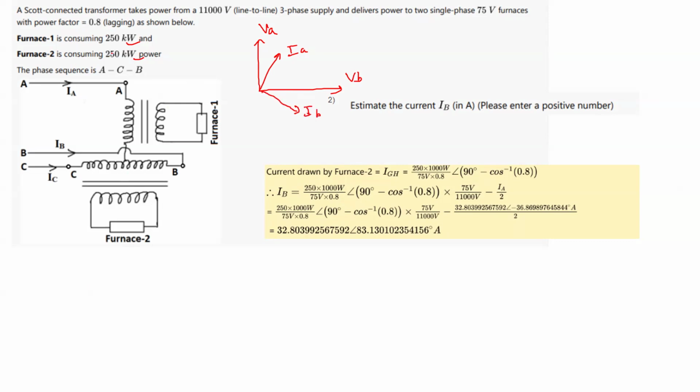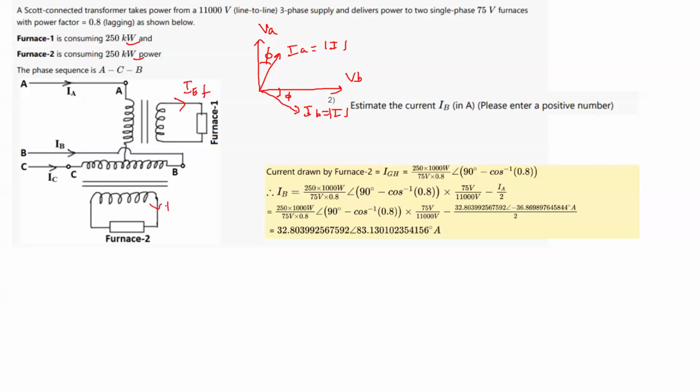Now, because these two loads are the same and they also have the same power factor, the same wattage consumption, the magnitude and the phase angle of both the loads are the same. So suppose this is I, this is I. And we know that when both of them have the same magnitude and the same phi, then what will happen is that